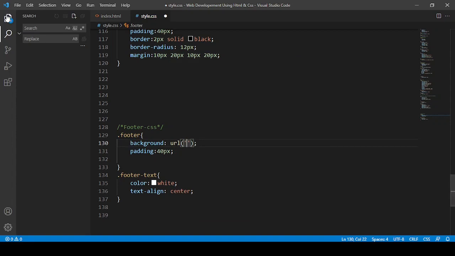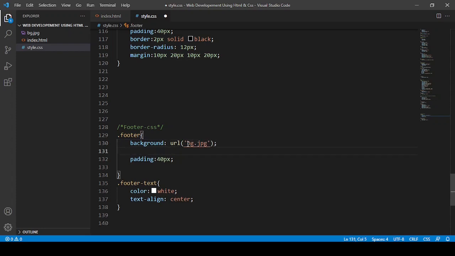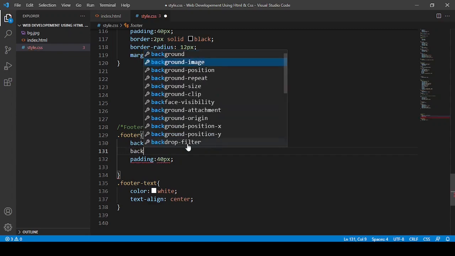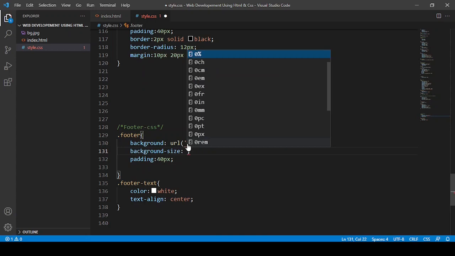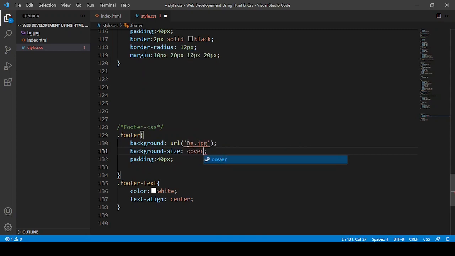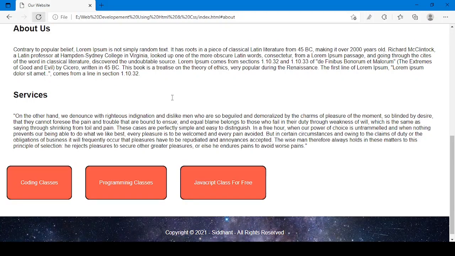So here there is bz.jpg. I'm going to say bz.jpg, and here background size, I'm going to say cover, yeah, that much I will do, and see the result.